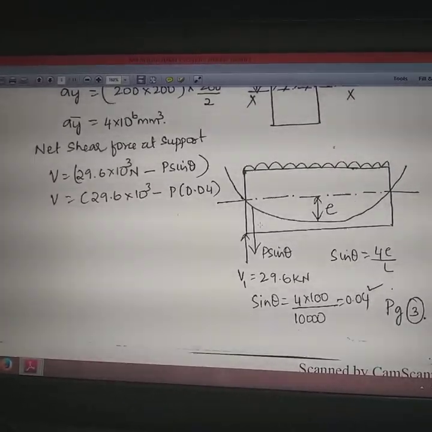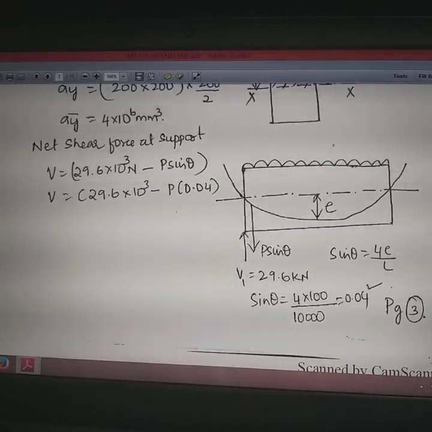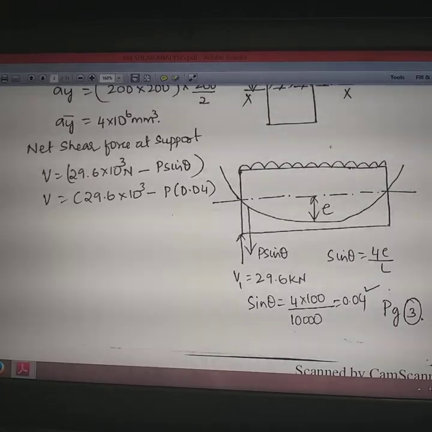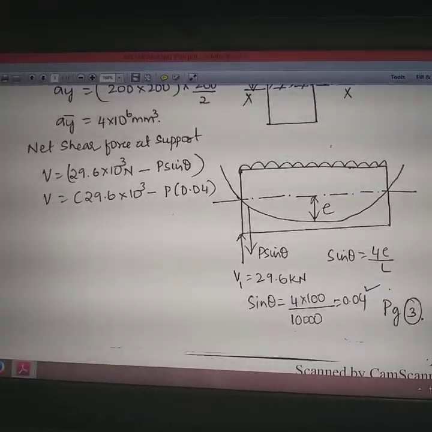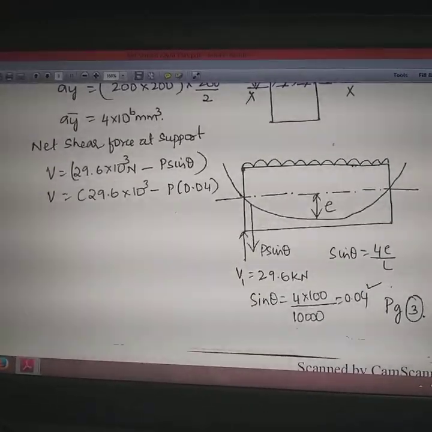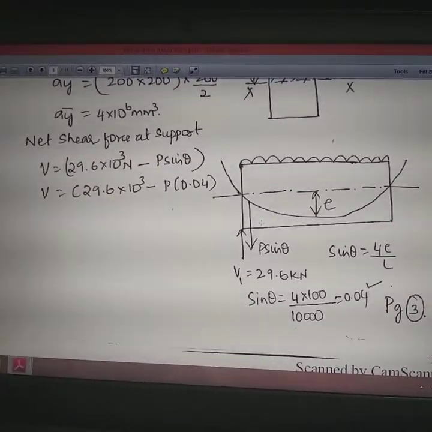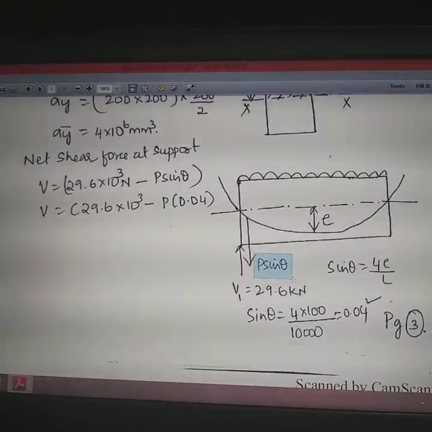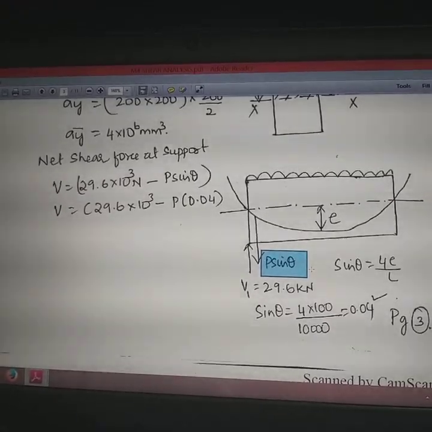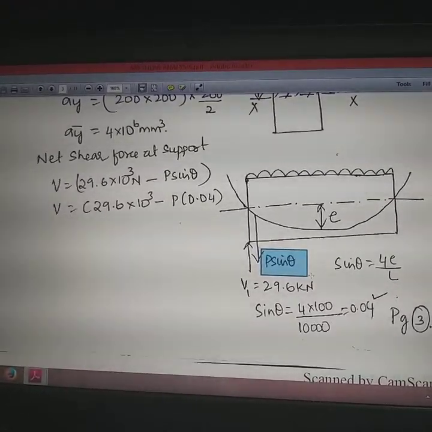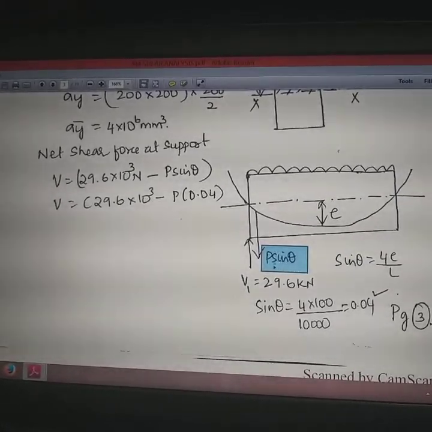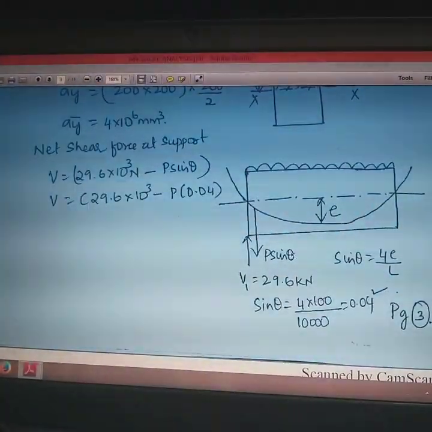So if any force which is making an angle of theta with respect to the horizontal axis, the horizontal component will be P cos theta and the vertical component will be P sin theta. So shear, it is predominantly a vertical force here. So we are considering only the vertical component as P sin theta. P cos theta we are ignoring, because in the beams normally we ignore all the horizontal forces. We will analyze and design generally only for vertical loads or the gravity loads. Okay, so that is why this P sin theta has come into the picture.